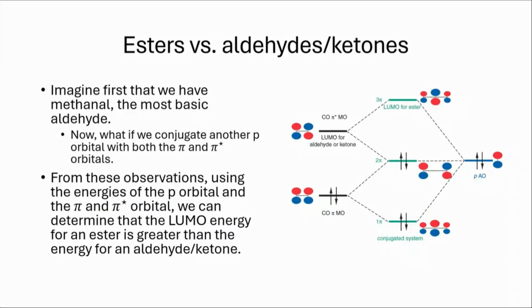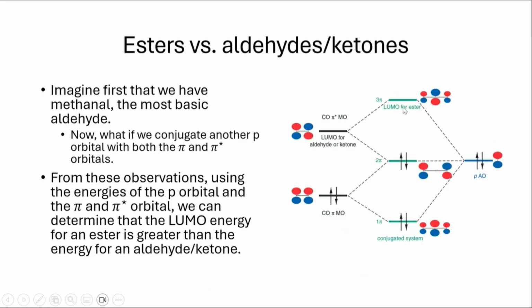So I want to focus on esters versus just normal carbonyls, aldehydes slash ketones. So imagine that we first have methanal, which is the most basic aldehyde. So we have pi and pi antibonding orbitals. Now, what if we conjugate another p orbital with both the pi and pi antibonding orbitals? And we can use the relative energies of the p orbitals and the pi-pi antibonding orbitals, as shown right